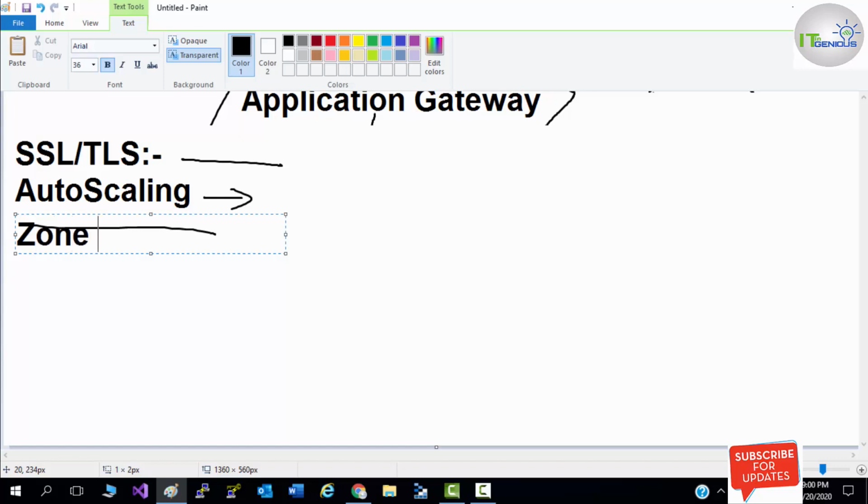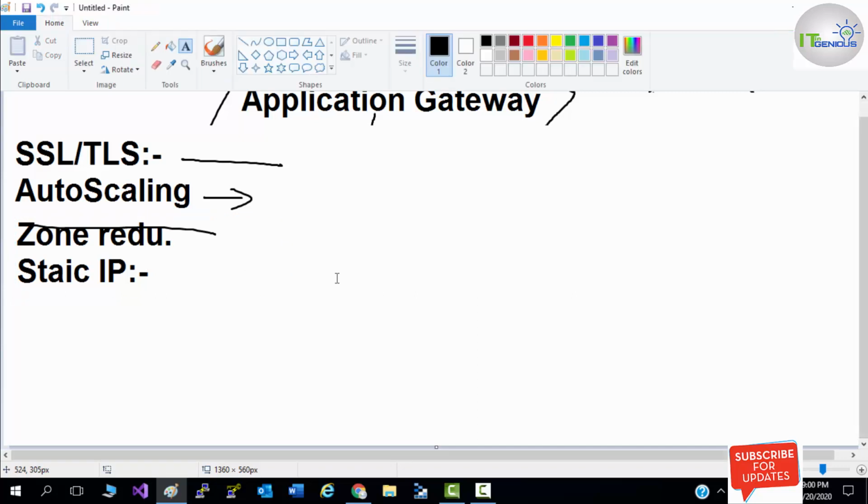Zone redundancy, and next is static IP. Let's discuss those also. Now for auto scaling, there are a few SKUs in your application gateway. In the standard version 2 SKU you will get this auto scaling feature.